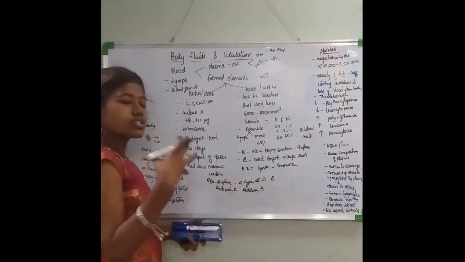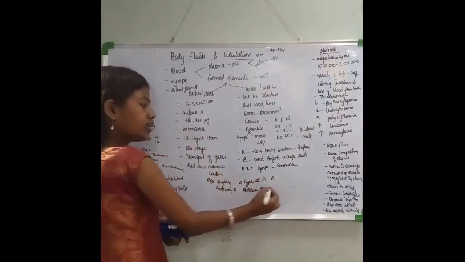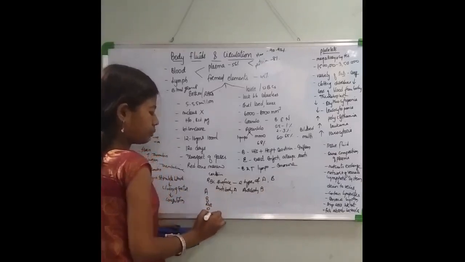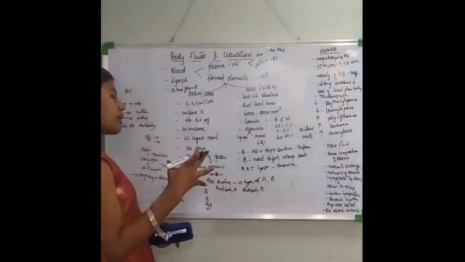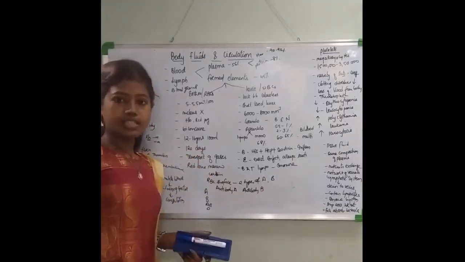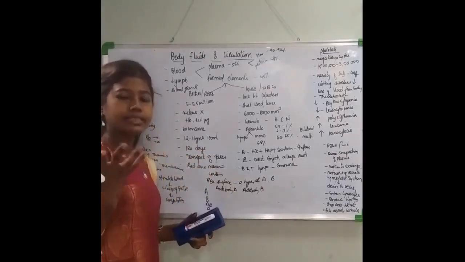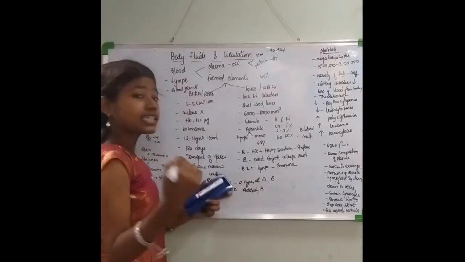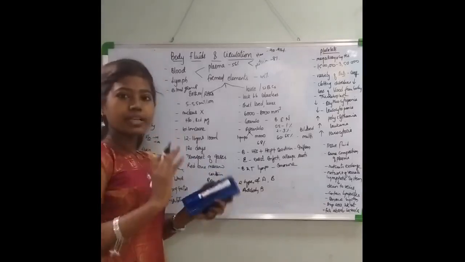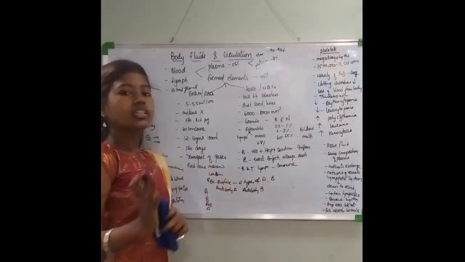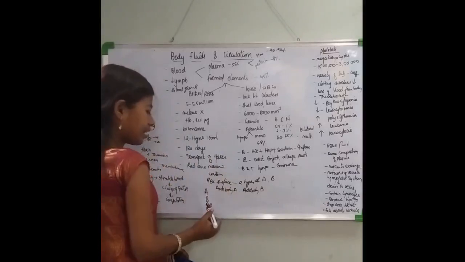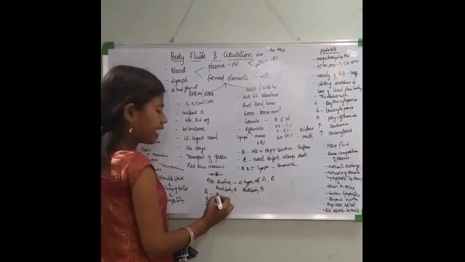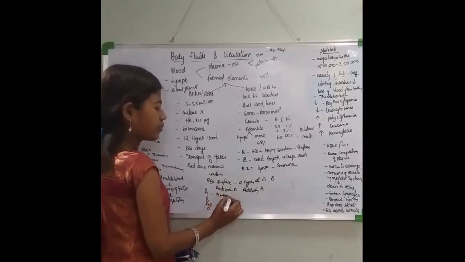So, based on the presence of these antigens and antibodies, four types of blood groups are different. They are A, B, AB and O. Right? So, when I am talking about the blood group, on the surface of the RBC there are two antigens, A and B. Similarly, in the plasma also, there are two types of antibodies, antibody A and antibody B. So, based on the presence of antigens plus antibodies, four types of blood groups are there: A, B, AB and O. Okay. So, A will have A antigen, antigen A.